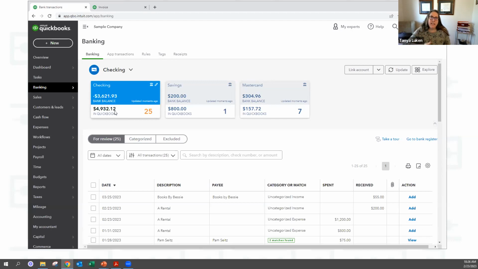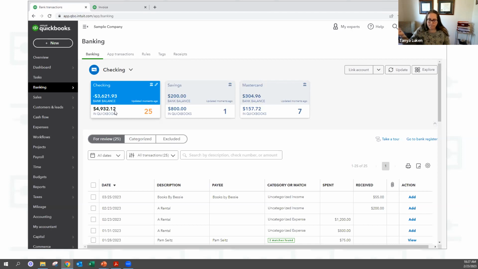So the reason that these two numbers are different, and we're going to talk about this, but let's pretend that it is the 28th of February and you're a client of mine and I happen to do my billing early that month, and I say, hey, you owe me $500 for your accounting for last month, and you write me a check on February 28th for $500. If it's 4:30 in the afternoon and we're meeting for happy hour, I'm not going to take it to the bank that day. And even if I do take it to the bank that day, it's probably not going to post before the bank closes at 5, right?